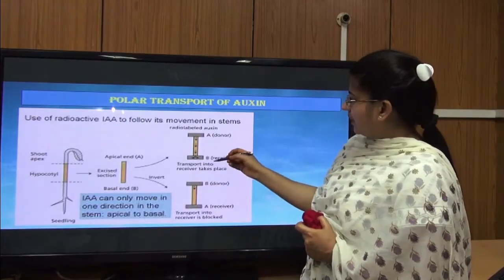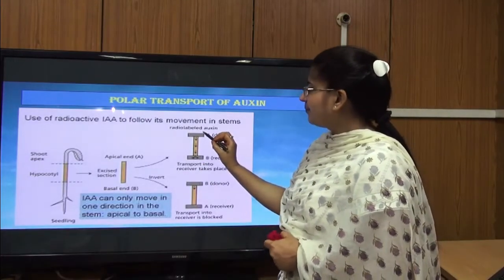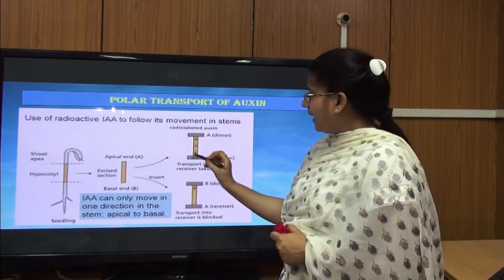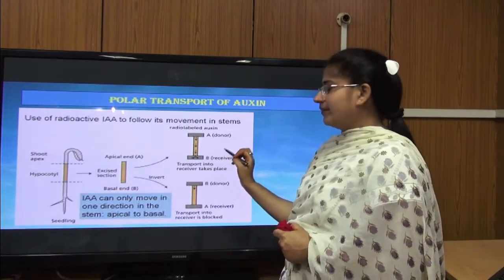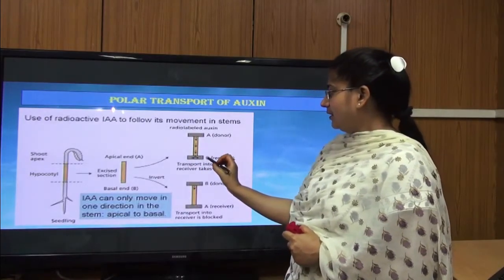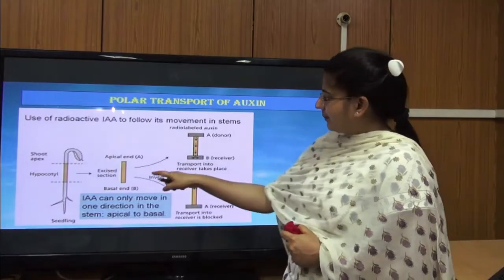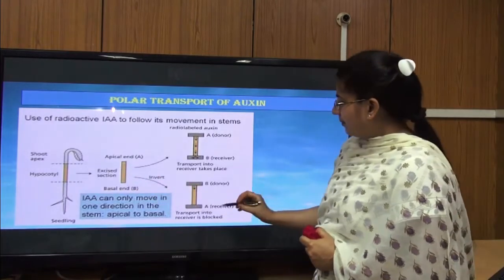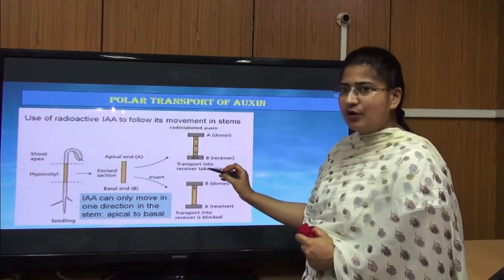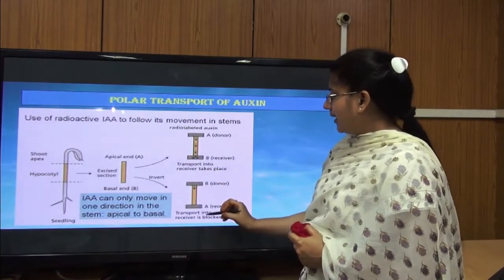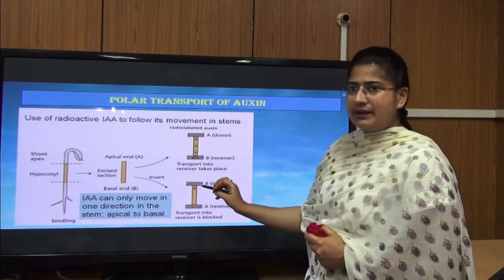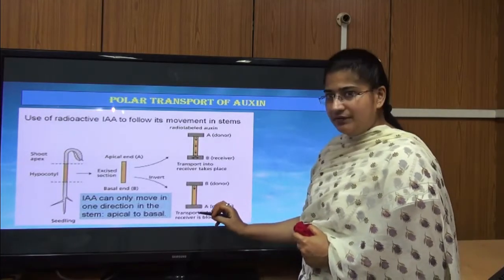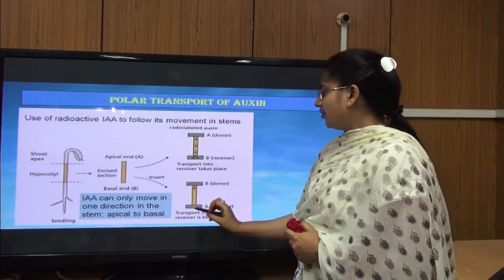After some time we observed that the oxygen present in block A got transferred down this stump and accumulated in the receiver block, block B. We could isolate oxygen which accumulated here. But when the orientation of this stump section was reversed, that is, the basal end was turned upwards and the apical end was turned downward, and again we put one block having oxygen in it and a block free of oxygen, we did not isolate any oxygen from this block.